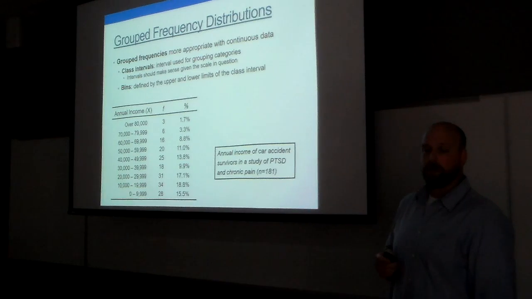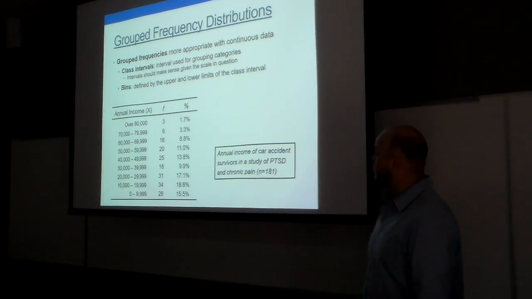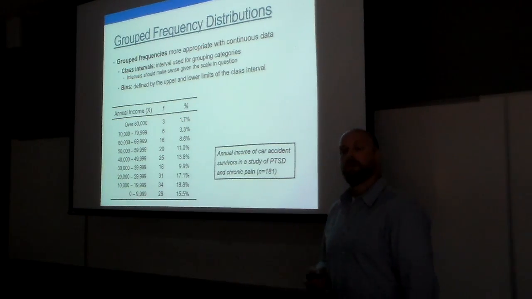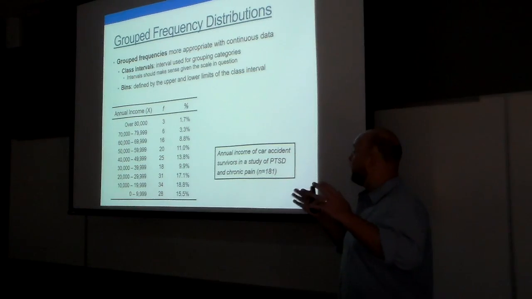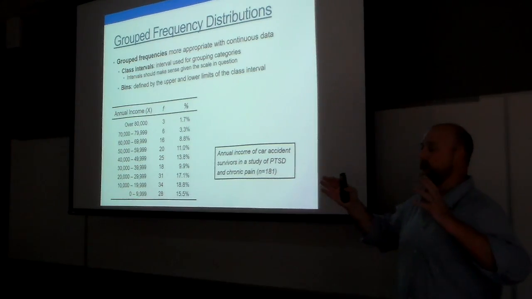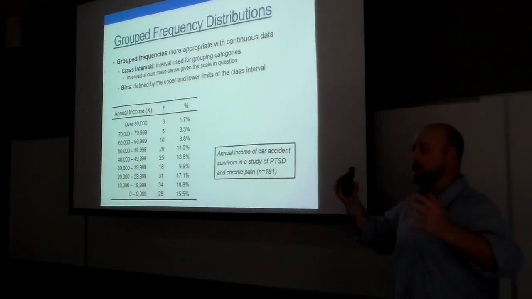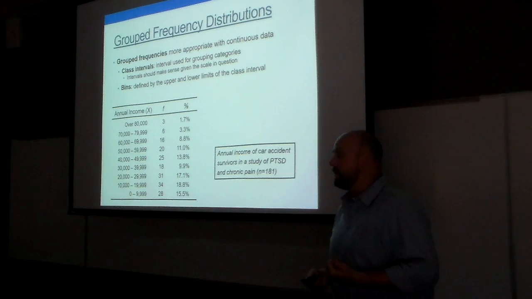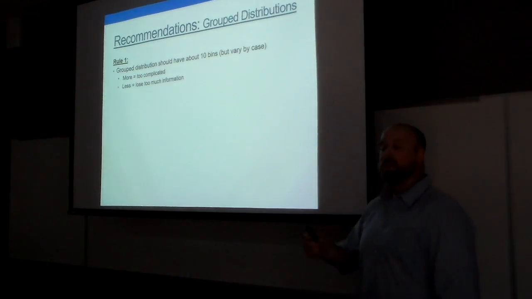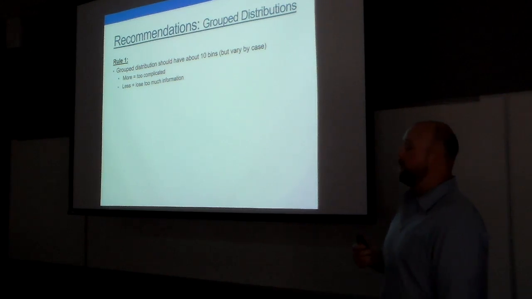The lower limit for each one would be, let's go with the 70,000 one. Lower limit would be 70,000, upper limit would be 79,999. Exactly. So our class interval is 10,000, and our bins are lower bound, upper bound that capture each one of these. Okay? So again, pretty straightforward stuff, but some things you should think about in terms of developing these group